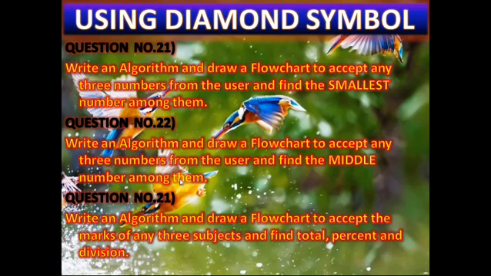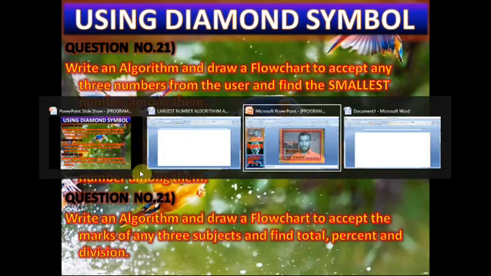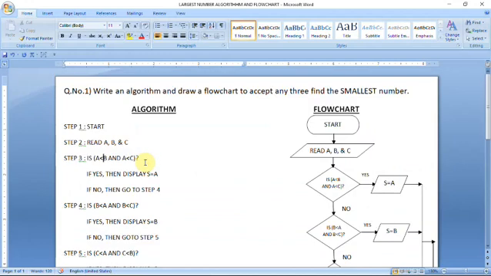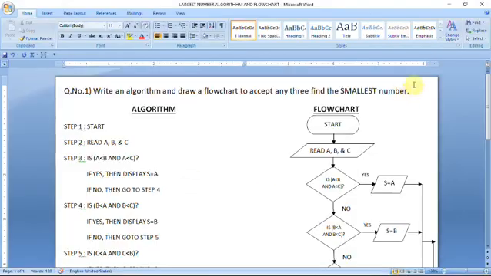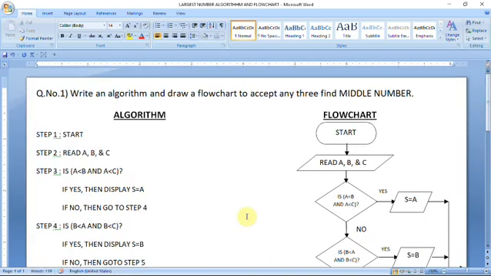So for this we have to write the algorithm, and I want to make changes in that same algorithm because we have to make an algorithm to find the middle number among them. So first of all, what to do? The question is the same. Here you can see only we have to find the middle number among them. We have to accept any 3 numbers. So I want to write here: accept any 3 numbers and find the middle number. And now I'm going to write the algorithm for this.